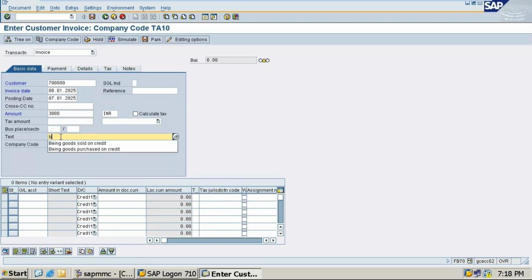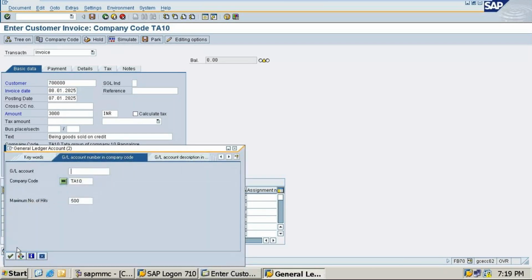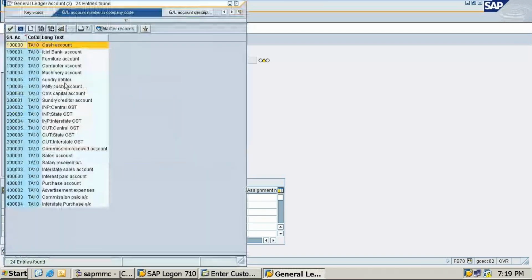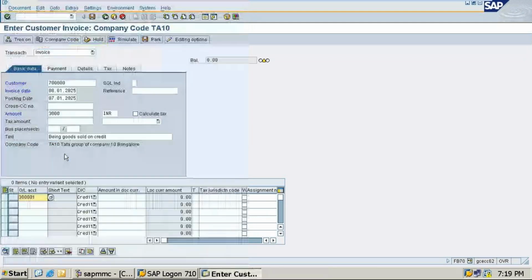Being goods sold on credit, GL account. What is the GL account? Sales. Amount is how much? 3,000. Press enter. Date in the future now. Posting date, invoice date, check date. Document date is a future date.